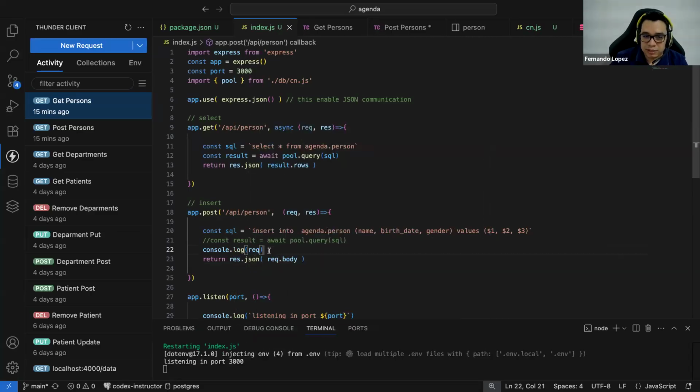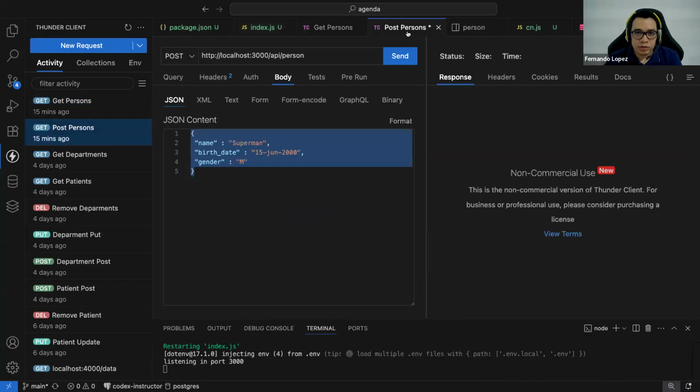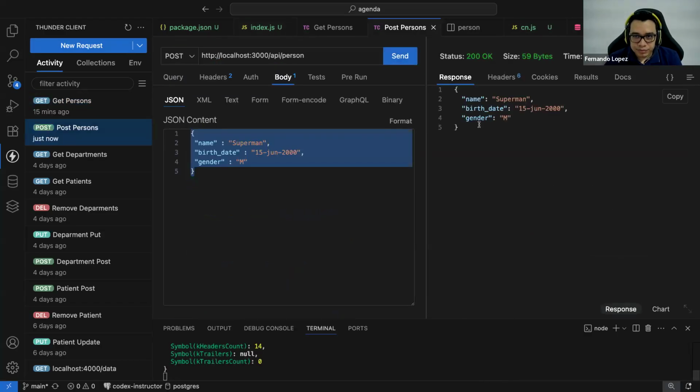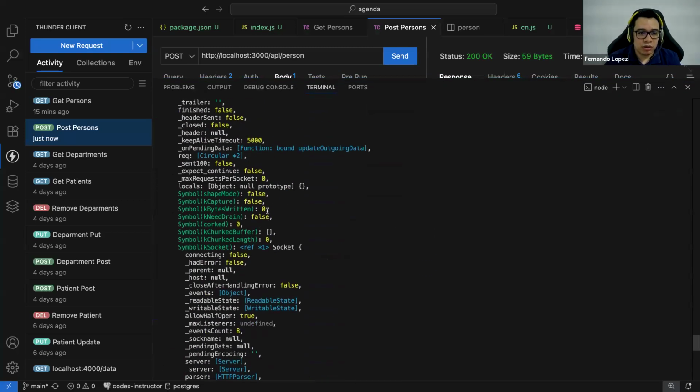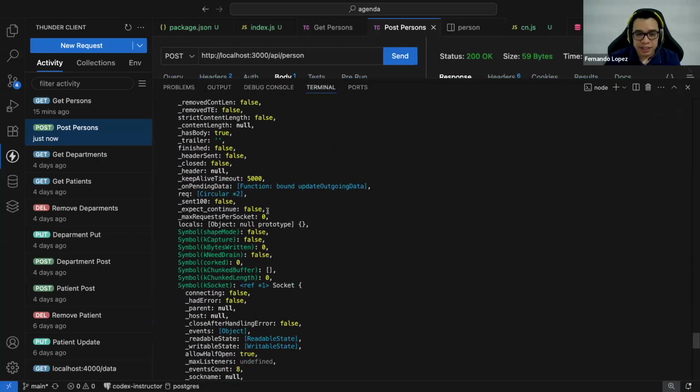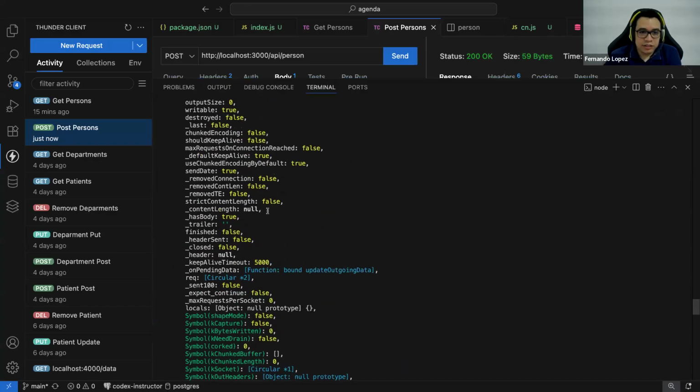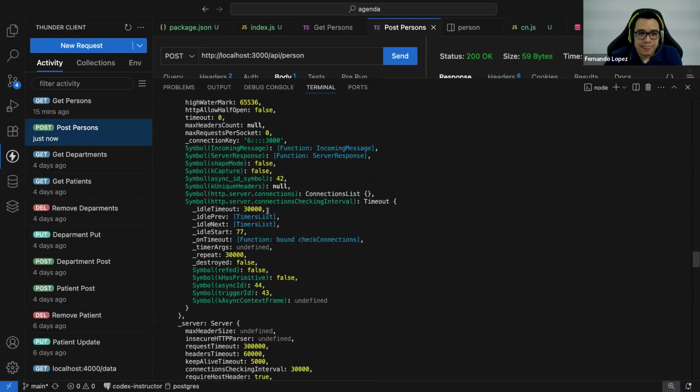You will see that this is a huge object, guys, and it's very important. Let me try to post this. As you see, I am returning the same information that I am passing, okay? But if we go to the console here, let's read all the information that we are passing in our request. And as you see, it's a huge object.